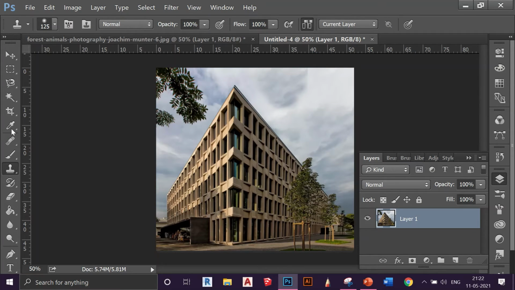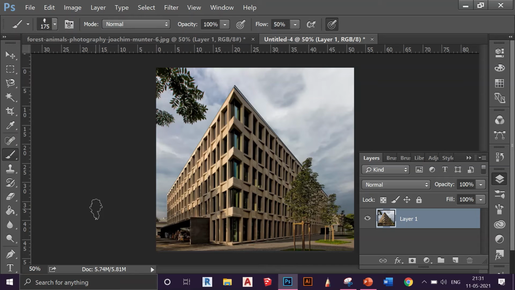So what I can do is use the color dropper tool. I pick the color right beside it and I go with my brush. I decrease the size as needed and I go within it like this. So it merges. That's it. The whole thing is removed. So that is how you can do it. You can remove anything like this, or anything you want. It's very easy to use. All you need to do is copy the part of the image that you want to be copied and just go over it.